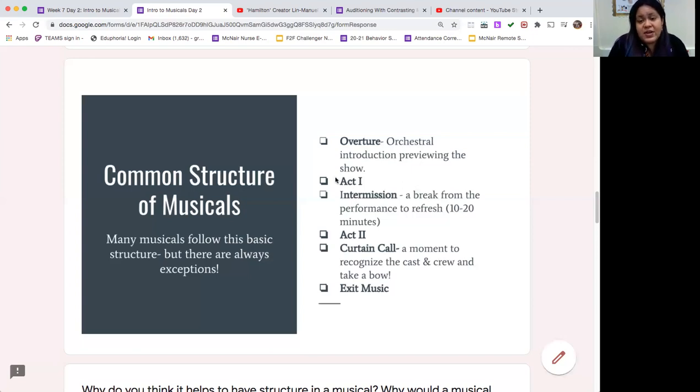Usually in a musical, we have 2 acts. These are basically the first half of the show and then the second half. Usually act 2 is a little bit shorter than act 1. Act 1 is going to give you the biggest chunk of the show. So you'll sit and watch act 1, and then before you move on to act 2, the second part and conclusion of the play, you'll have an